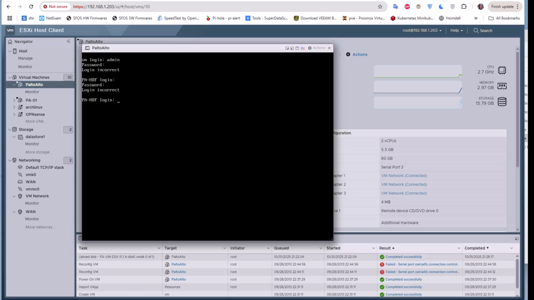So for the login, it's by default admin and password is admin, but you have to wait a little bit till you will see the name of your VM login and not PA-HDF. So if you see this login PA-HDF, don't enter your admin password yet as I have done here. You have to wait till you will see the name of your VM login. Okay,